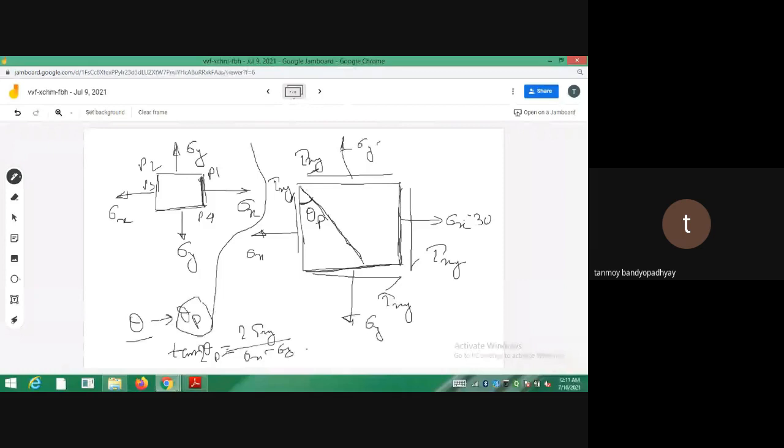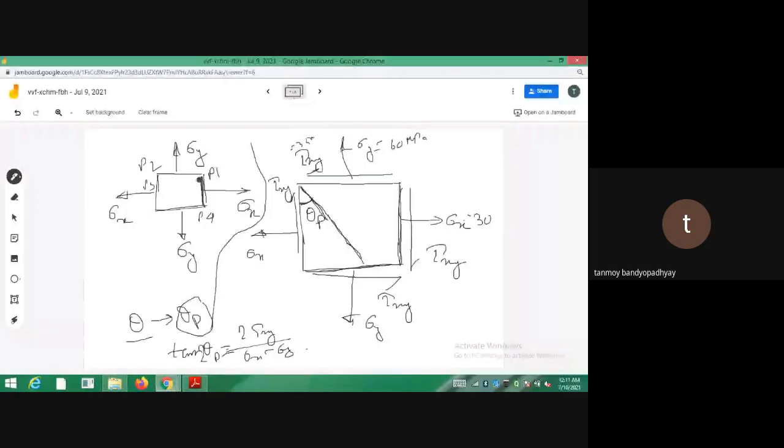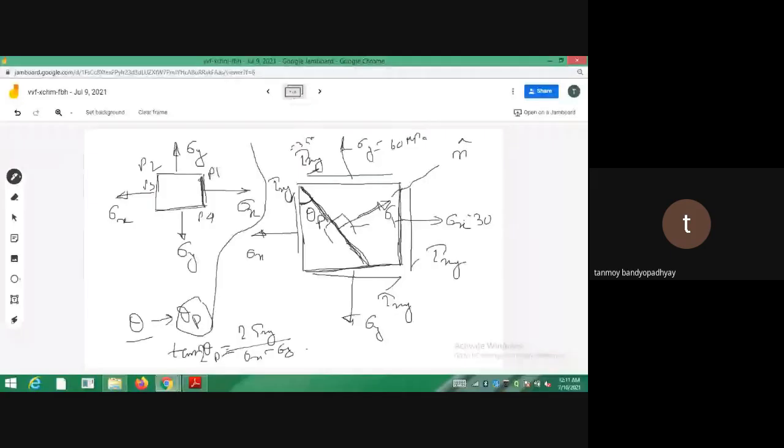So if I consider a plane whose normal makes an inclination of 30 degrees with the x-axis, this plane is the principal plane. Now if I draw the stresses, this one is sigma 1, and we usually draw it smaller, so this will be sigma 1, and at its 90 degree orientation this will be sigma 2. So this is sigma 1, this is sigma 2.